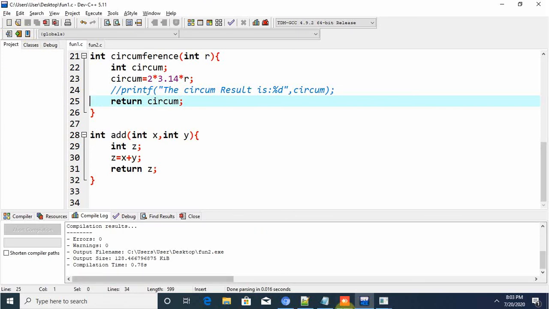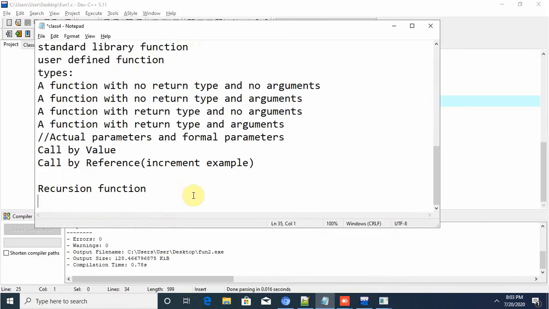And now the topic is, we are going to see call by value and call by reference. Two things are there.